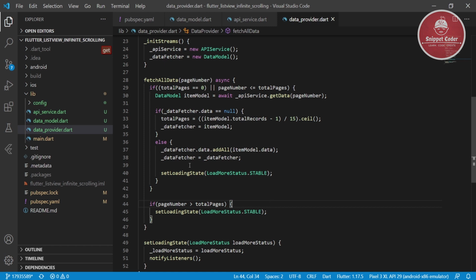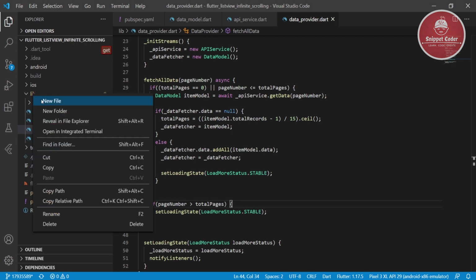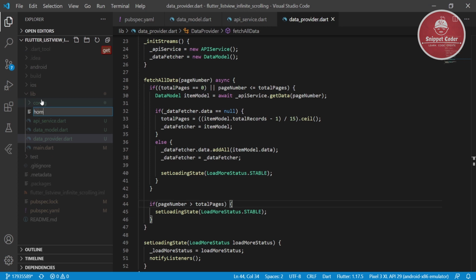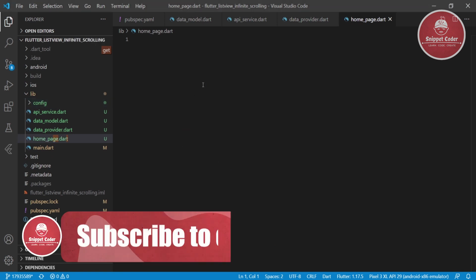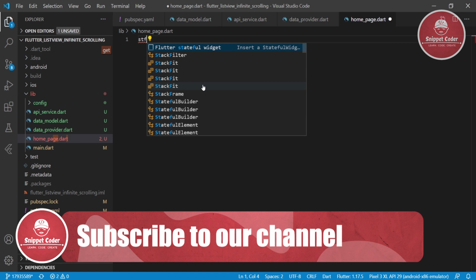So now we will do the implementation of that provider class in our screen. For that we have to create one new page, that is home page, and we are making it a stateful widget.